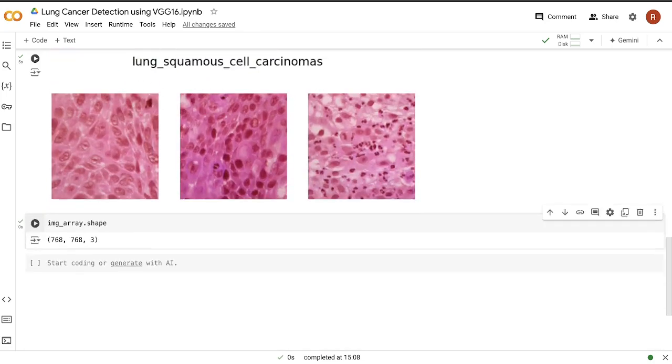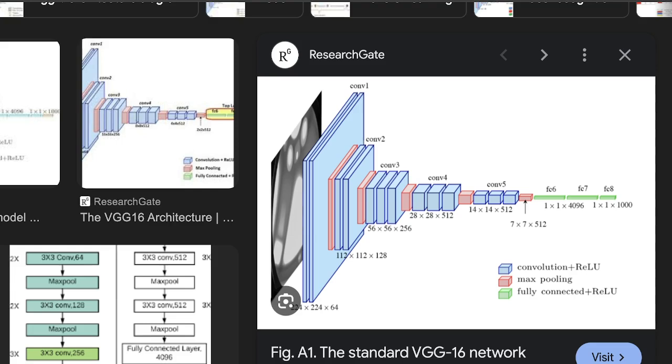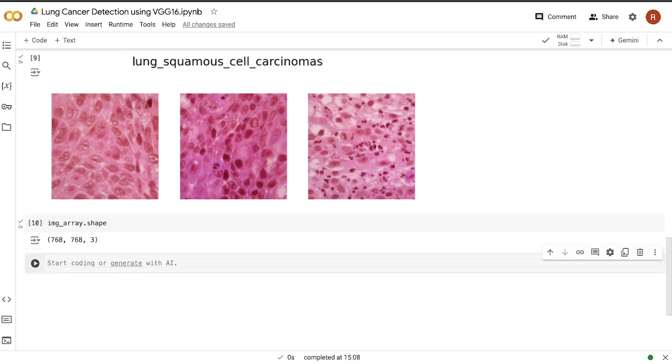Now, one thing you can see here, the image dimension is 768 by 768 and the channel dimension is 3. The channel dimension 3 is okay, but the image dimension is 768 by 768. As I said previously, when working with VGG16 model, the image size should be 224 by 224. So the next task is to convert this image size and basically to resize the images. So here we will give a new image size, let's say image size as 224. And then we will create a new array in which we will store the data of our resized images. So we will say new array is equal to